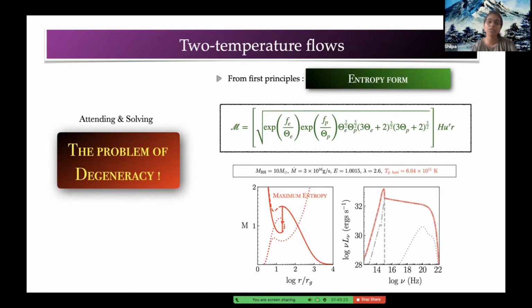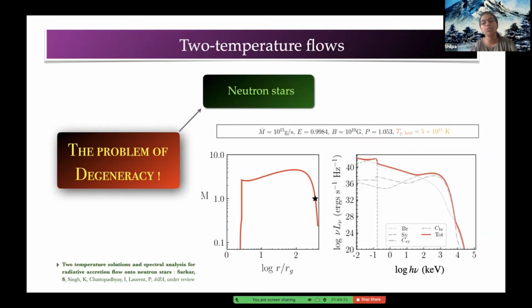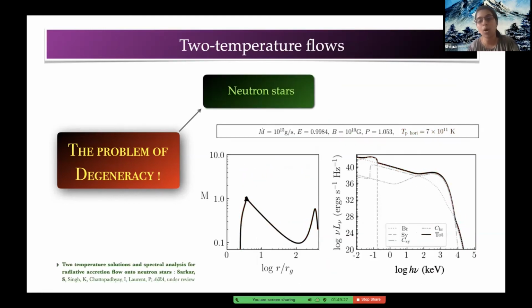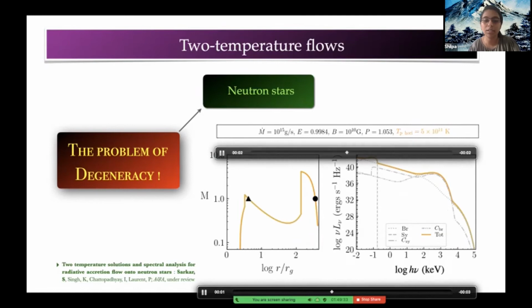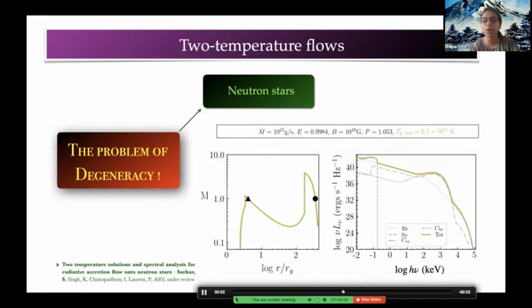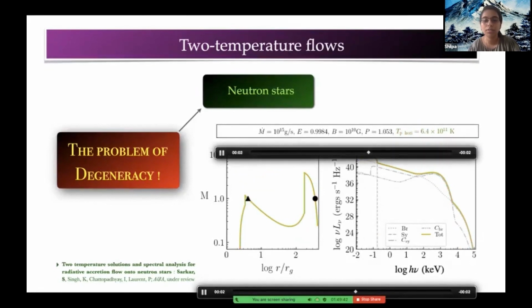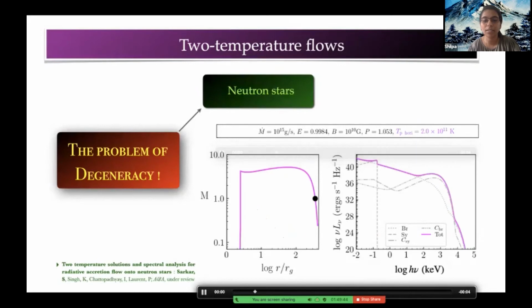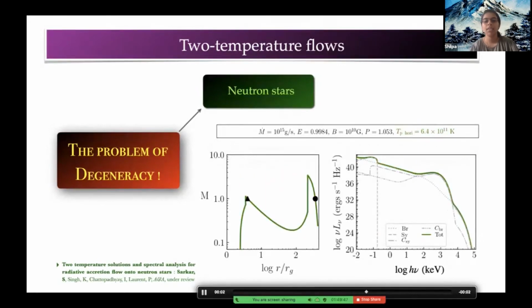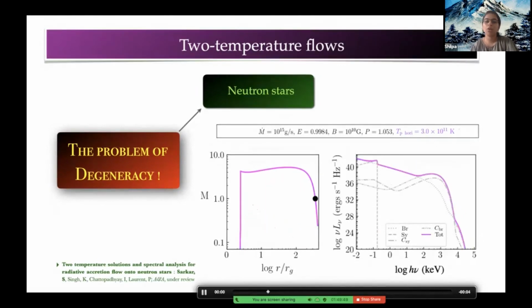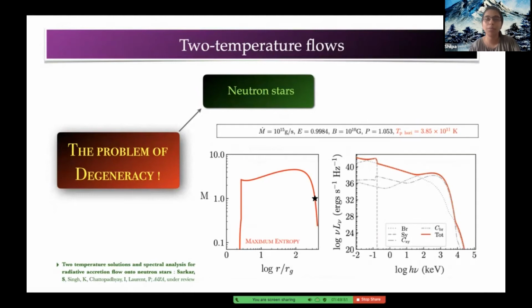So not only black holes, but neutron stars in the two temperature regime again pose this degeneracy problem. These are the constants of motion, and we have different solutions represented by the Mach number plot, and on the right hand side we have the spectrum. The black dots and triangles are the sonic points. Again we constrain the degeneracy by applying the entropy measure form we proposed, and this is the maximum entropy